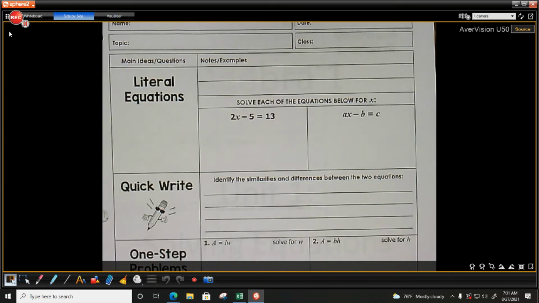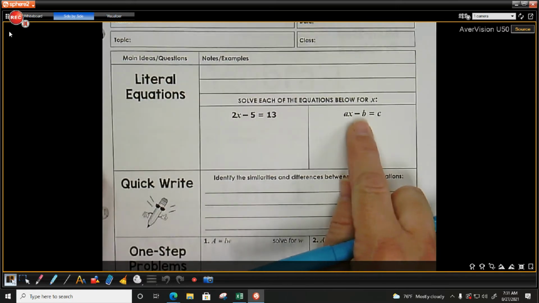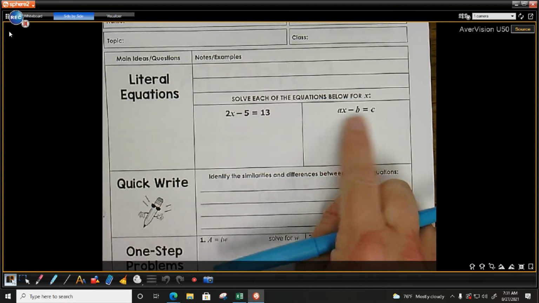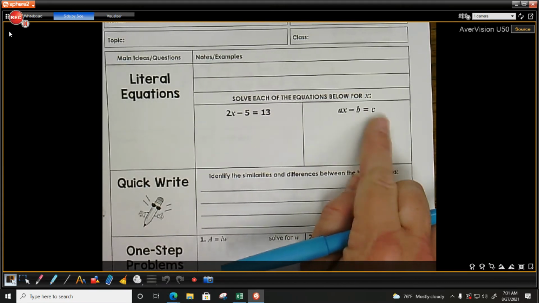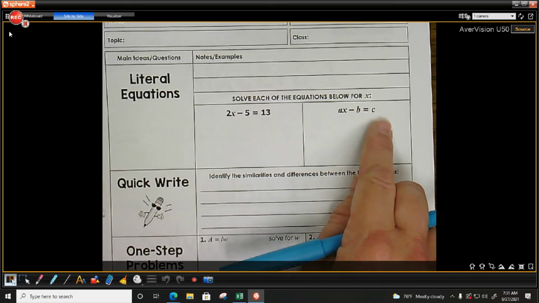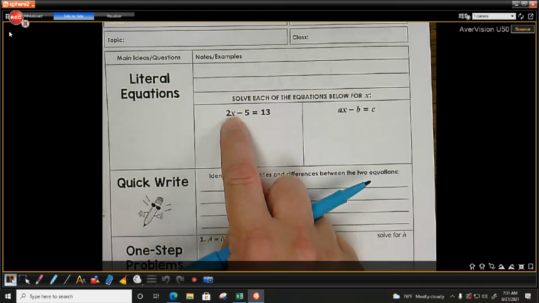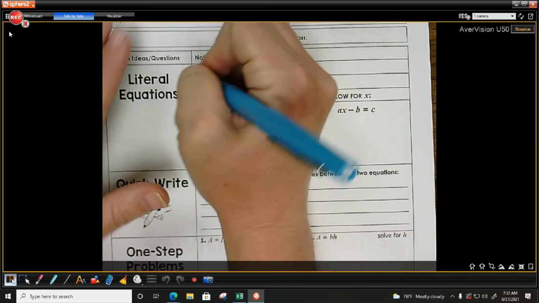For our test, okay? So today we are starting literal equations. What is a literal equation? Well, this is an example of a literal equation. What do I notice here? There's 4 variables. Over here, the ones we've been solving only have 1 variable. So a literal equation is an equation